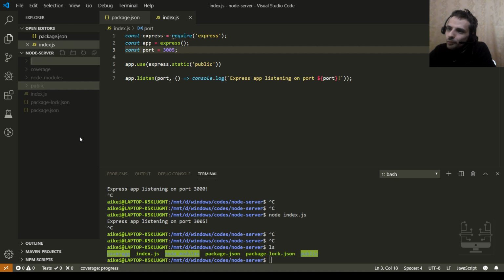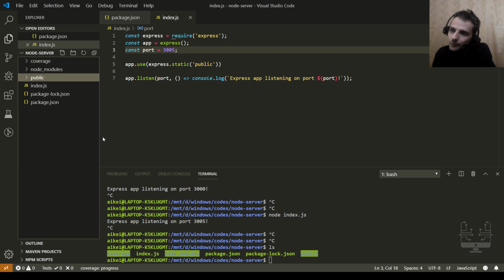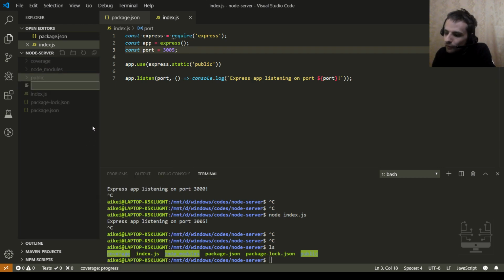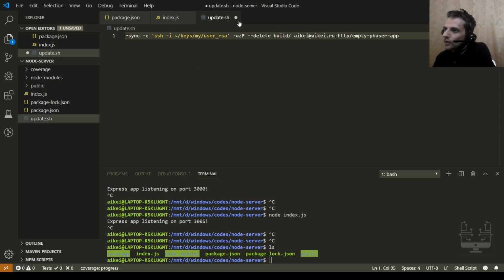Node-server update.sh. I will create the file update.sh. So here is the rsync script. Basically it means rsync, then using SSH, but the key we will use the default key. I think it will be fine, just SSH, or maybe I can do it